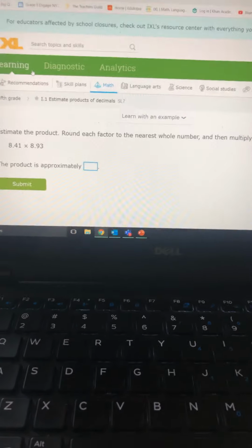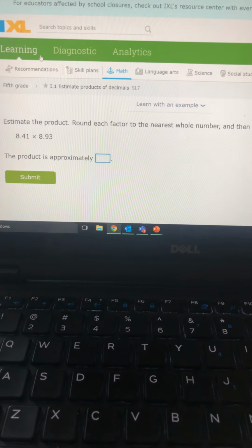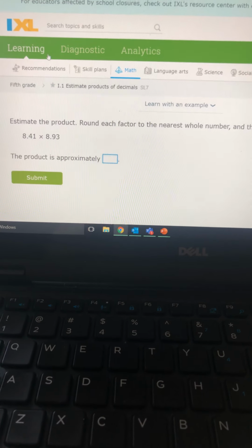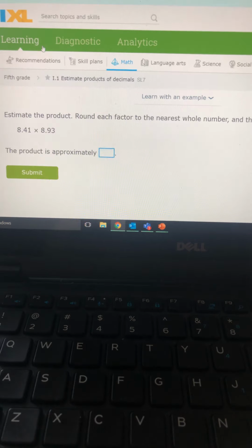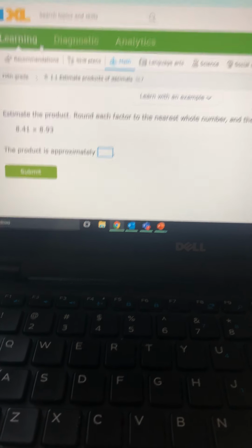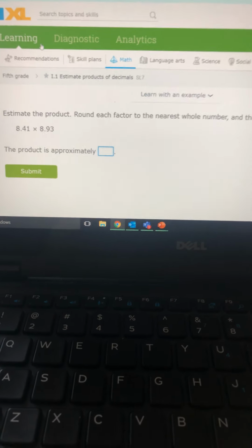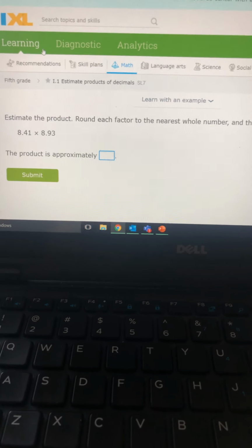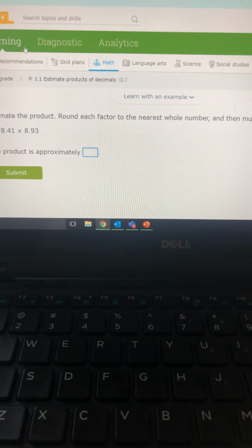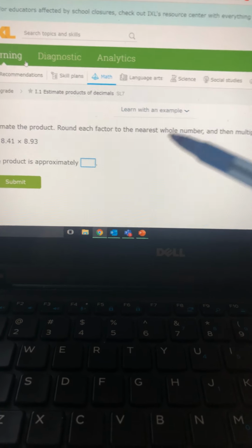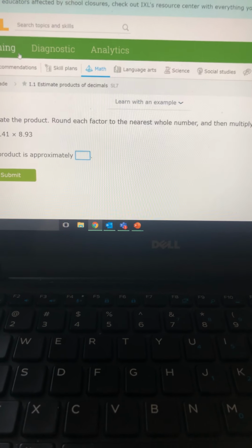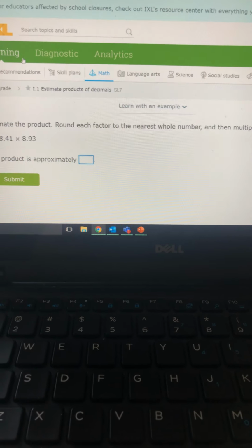All right, so it says estimate the product, round each factor to the nearest whole number, and then multiply. Okay. Estimate, which means that you're rounding, either up or down. The product, which is the numbers that you're multiplying. And the factors are just the numbers, okay? Round each factor, that's referring to the numbers, okay? So in this case, we've got